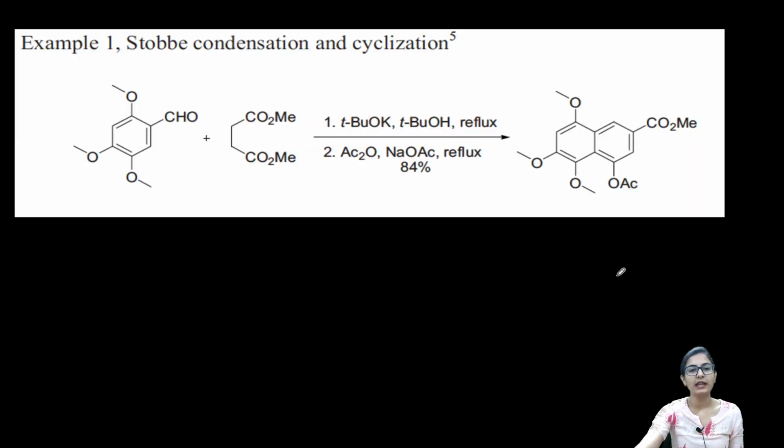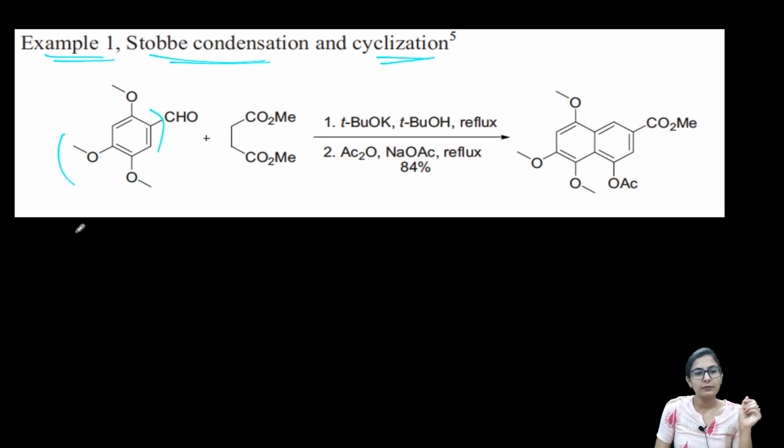Further, we are going to see some examples. Now as always, you are going to stop the video and try the mechanism by yourself. I have already given you a hint that it is a Stobe condensation reaction followed by cyclization. So you are going to do that by yourself, and till then I am writing the mechanism. I'm taking the whole group as R because right now we don't need it. So what do we have? We have an aldehyde, isn't it? And just like before, the tertiary butoxide is going to take up a proton from over here, and it's going to give the ester enolate like this.